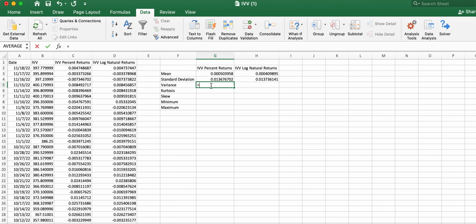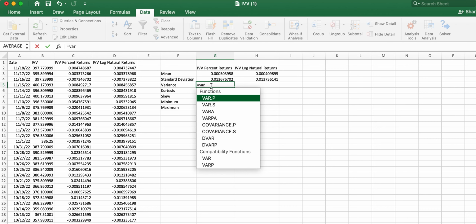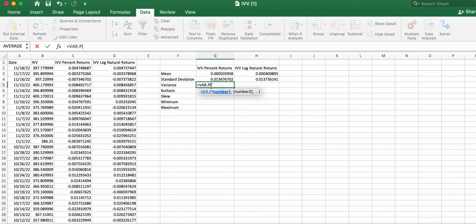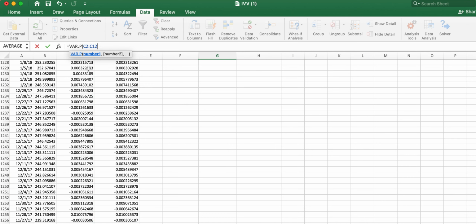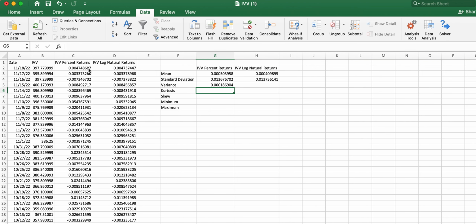Okay, so we've got variance. The function is the variance. You'll see the P and the S. P stands for population and S stands for sample. Since we have so much data, it almost doesn't matter which one we choose. So I think we have 1,259 data points, which is a lot of data points. It's one of the things that we're very blessed in the financial markets is to have quite a bit of